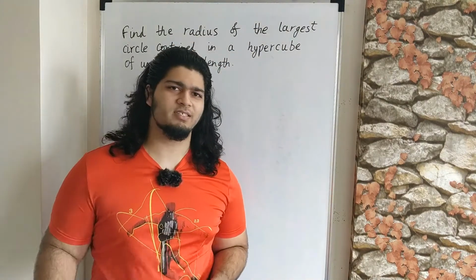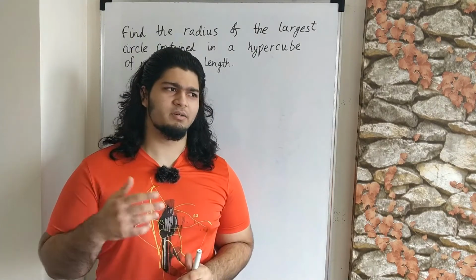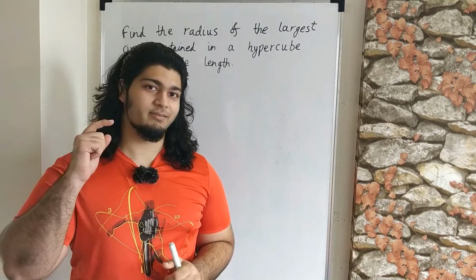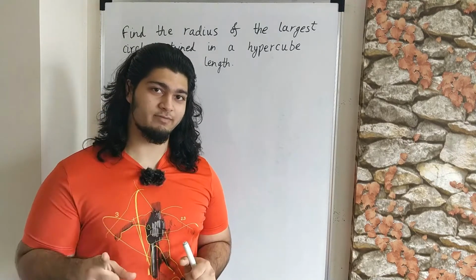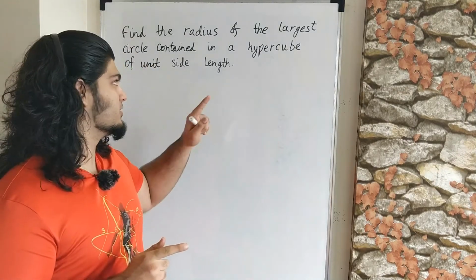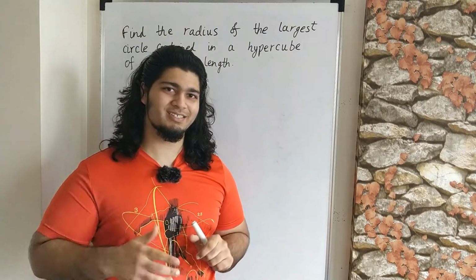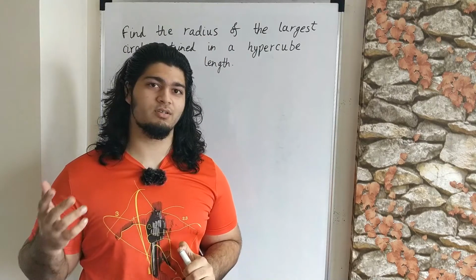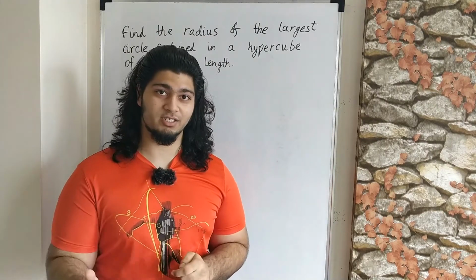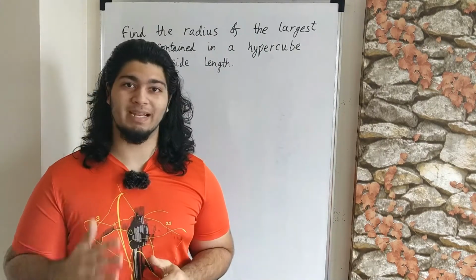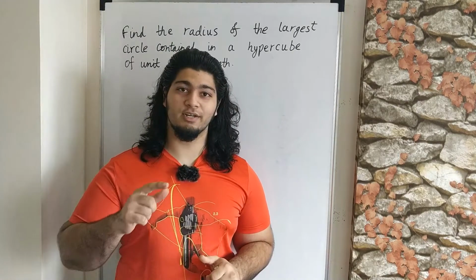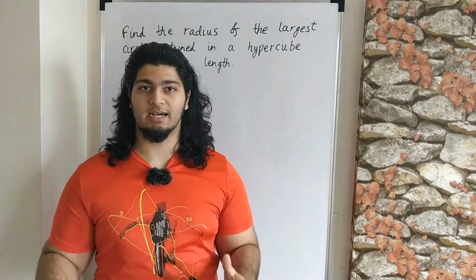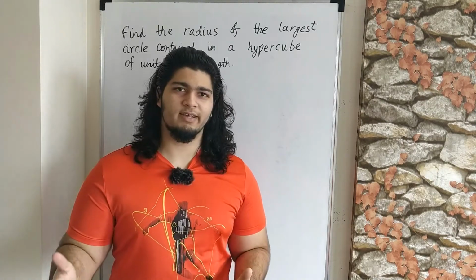So how do we define a circle analytically? Well, it's the set of all points which are equidistant from a central point, but not all of them, because if you count all of them then you're talking about a hypersphere because you're in 4D. So since you just want a circle which is a two-dimensional shape, you need to talk about the locus of all points which are equidistant from a central point on a given plane. So first we need to define a plane, then we draw a circle on it, and then we put it inside a hypercube. So now how do we define a hypercube?